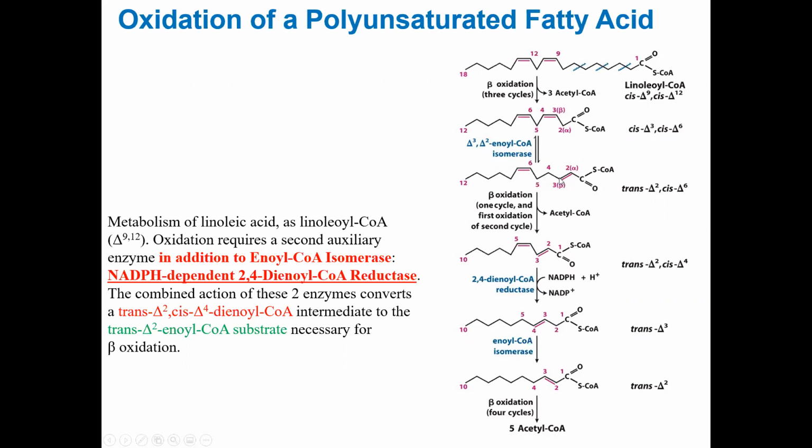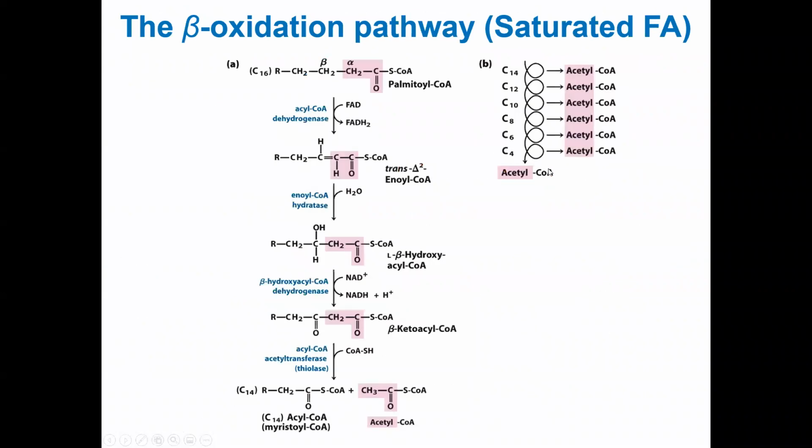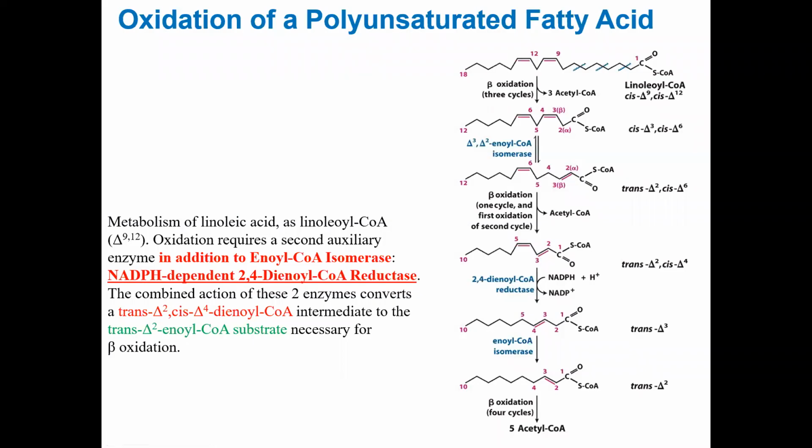So that carbon will be now activated, right? If that carbon is activated, it becomes carbon number 1, 2, 3. And so you can see this first enzyme, which enzyme? I want to show you. Acyl-CoA dehydrogenase. Remember, that's what it does. It oxidizes the single bond to a double bond, a trans double bond between the alpha and beta carbon, right? So that's what will happen. That's exactly the first oxidation of the